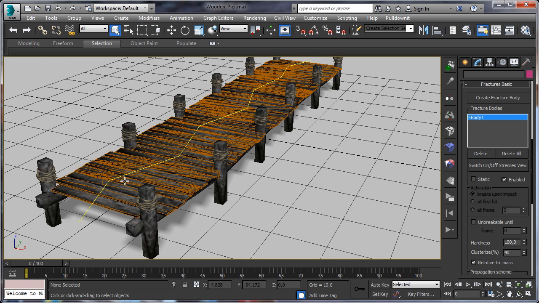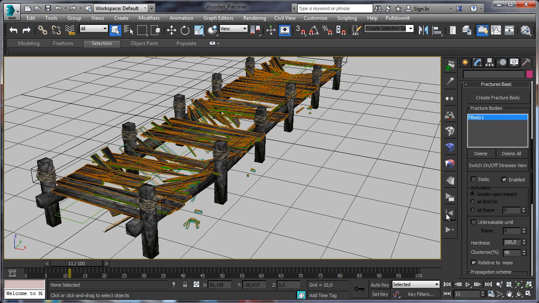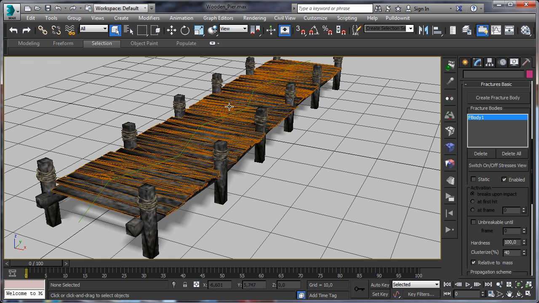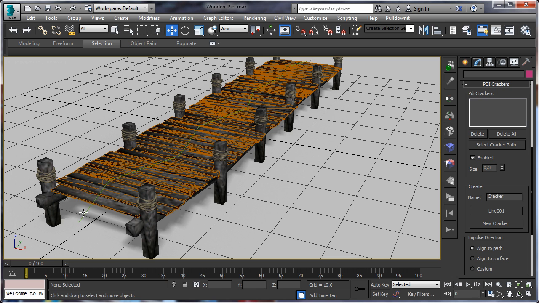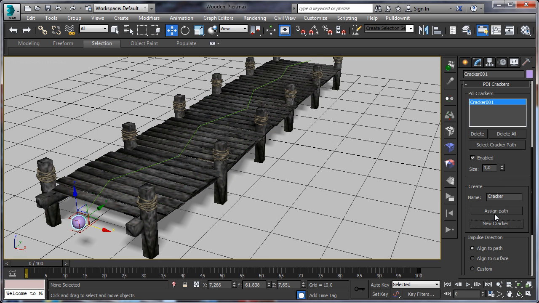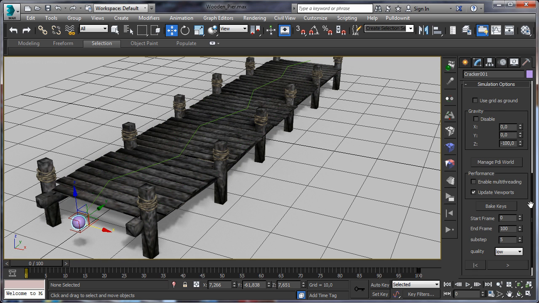Nice, but we want the deck breaking when colliding, breaking along this path. For this, we have to do another thing, that is creating a cracker object. Select our path, open PDI crackers window, and now click on new cracker. This little sphere is going to be our cracker object. And now let's open PDI basic simulation options,